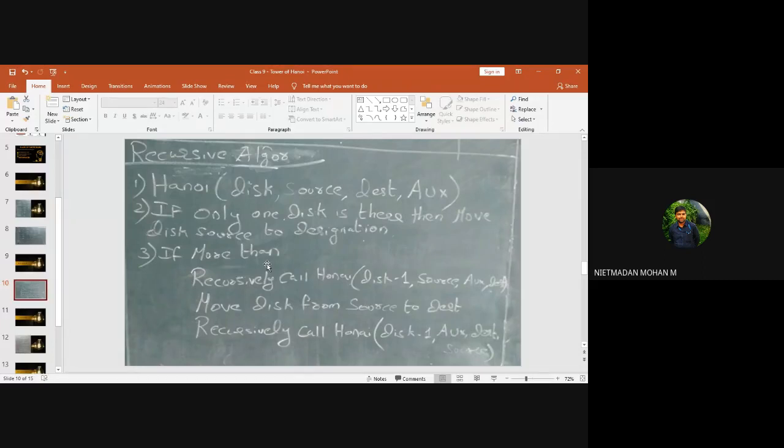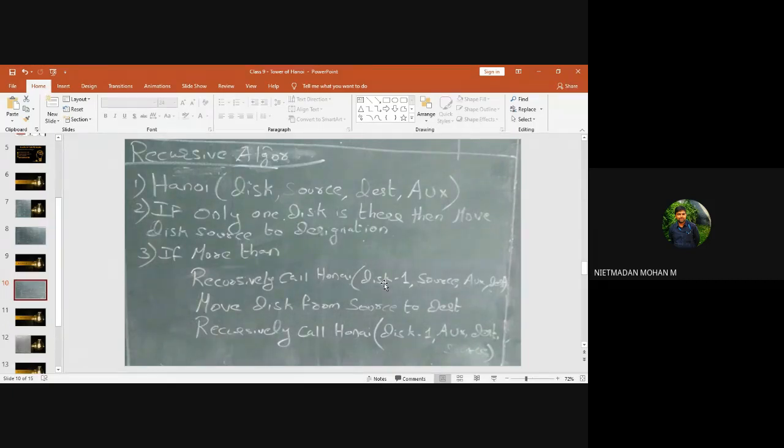So we are passing 4 arguments, and these 3 lines you need to remember from the exam point of view. I am telling again that these 3 lines you need to remember for the exam. First step, we take the first disk from the stand, which is mentioned as disk-1. The remaining arguments are source, auxiliary and destination.